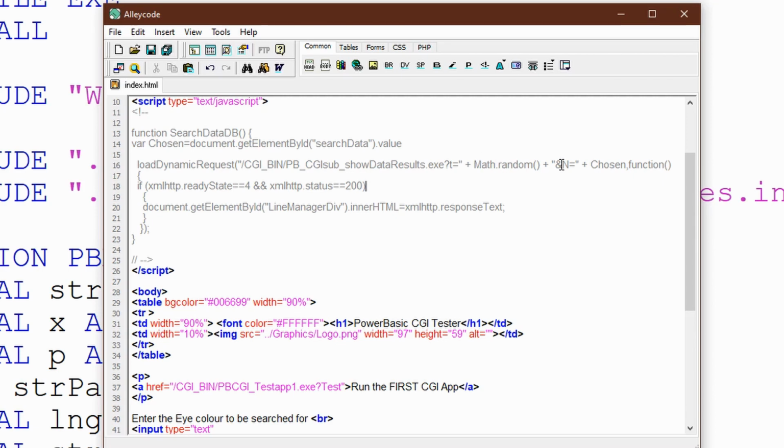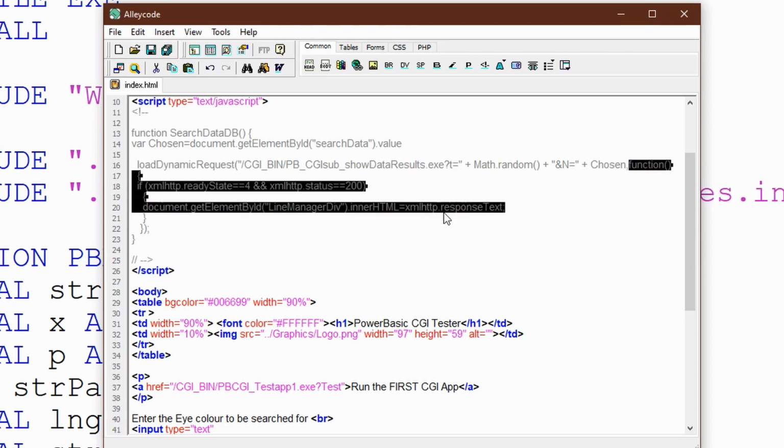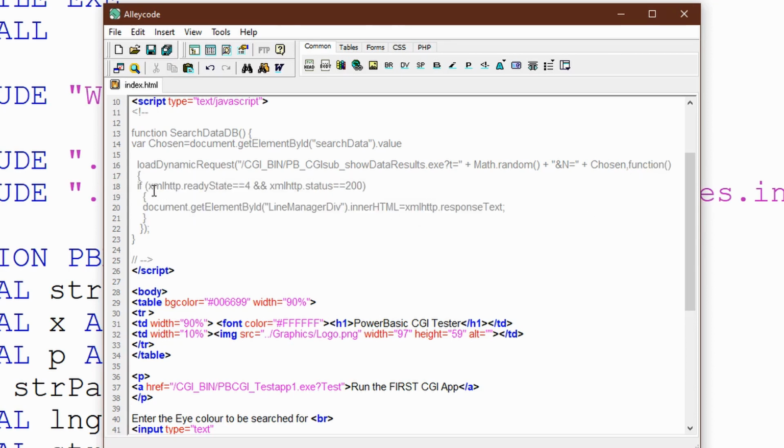And our second parameter, the n parameter, is going to be the value that you have actually keyed in to the text box, what you've chosen basically. Now what this is doing next is it's passing a third parameter to the load dynamic function, which is this function here. Now what this function does is basically it picks up the ready state